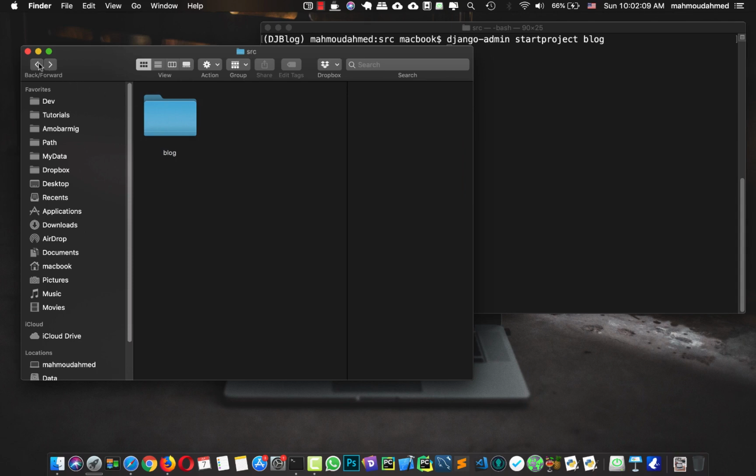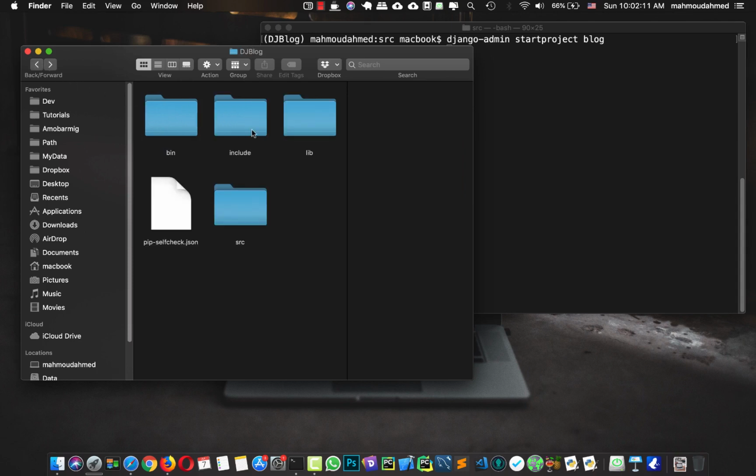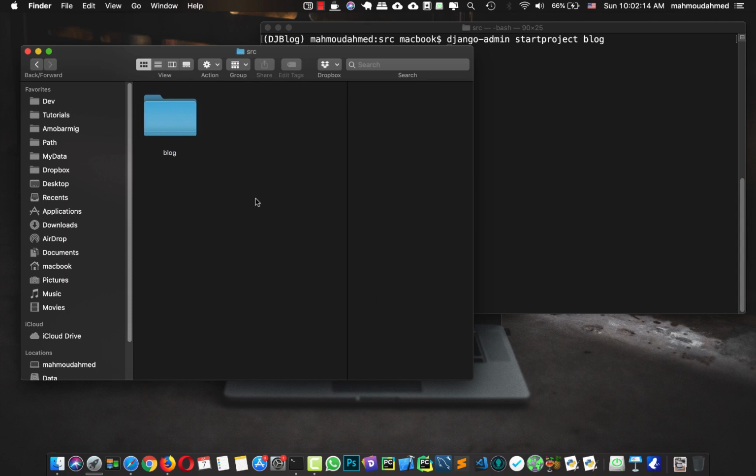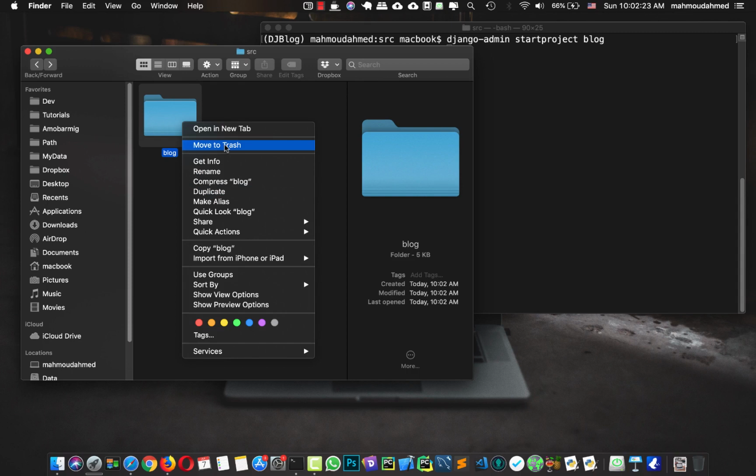But there's a note here actually. So this is our virtual environment. Then we open src, and then we find another folder with the name of plug. We need our files, those files, to be here on this src. So let's delete this, move to trash,